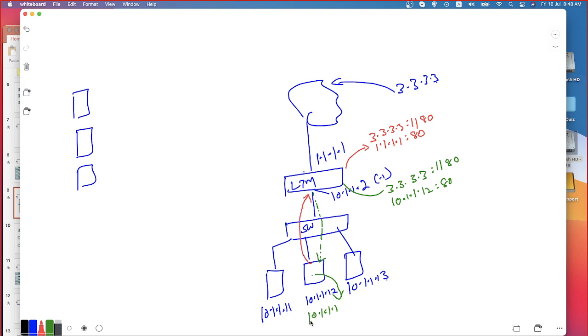If I don't have the default gateway configured on the server, do you think the response will come back to the LTM? No. 1.1.1.1 is the virtual server.